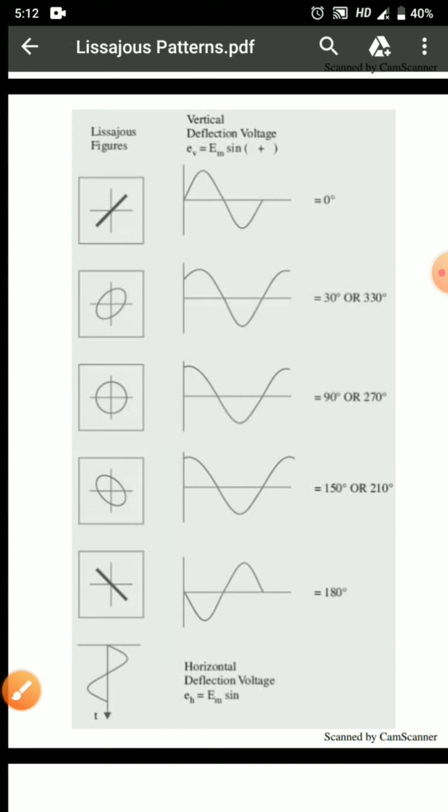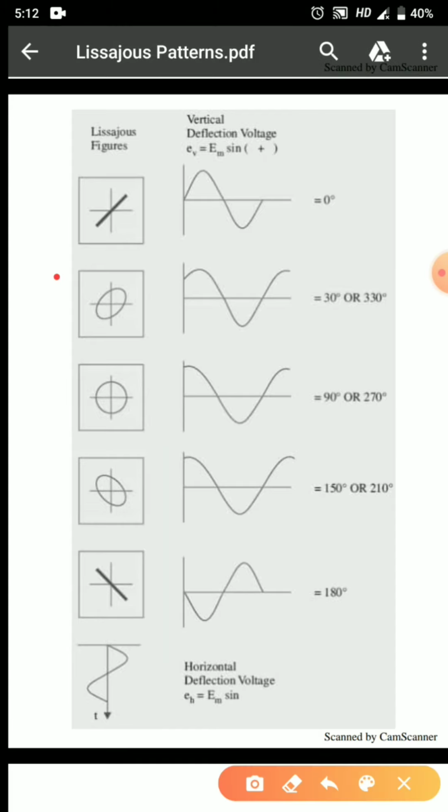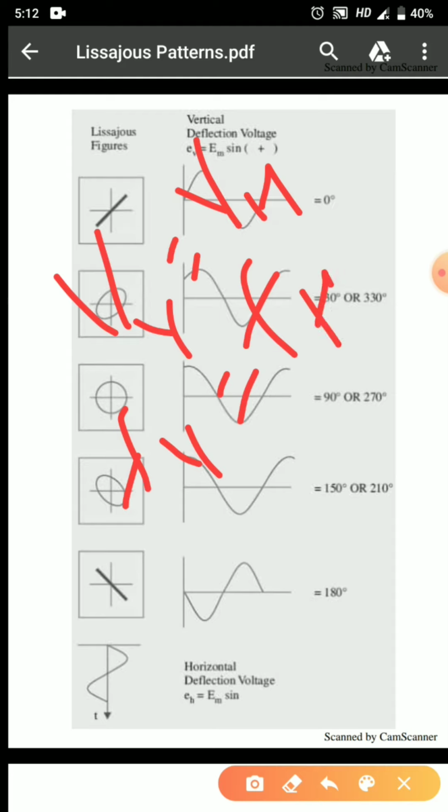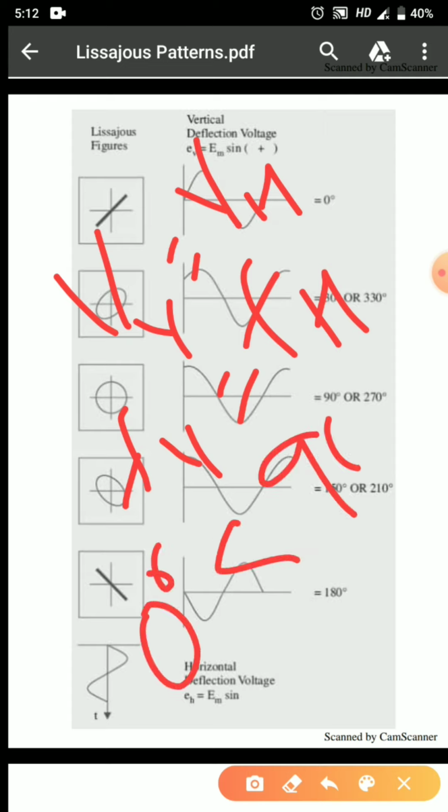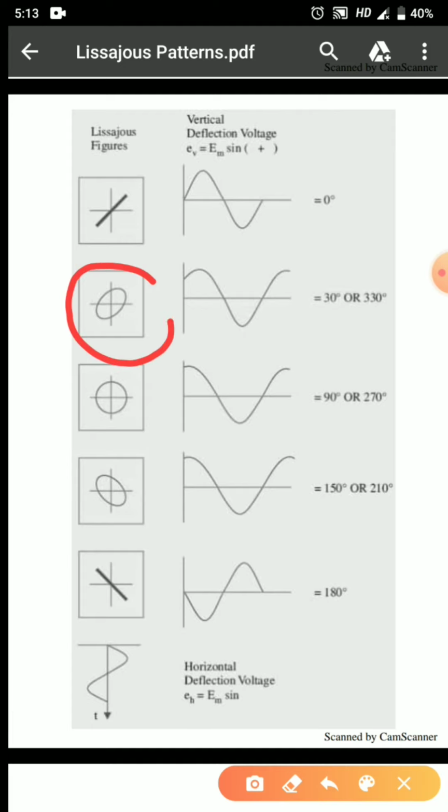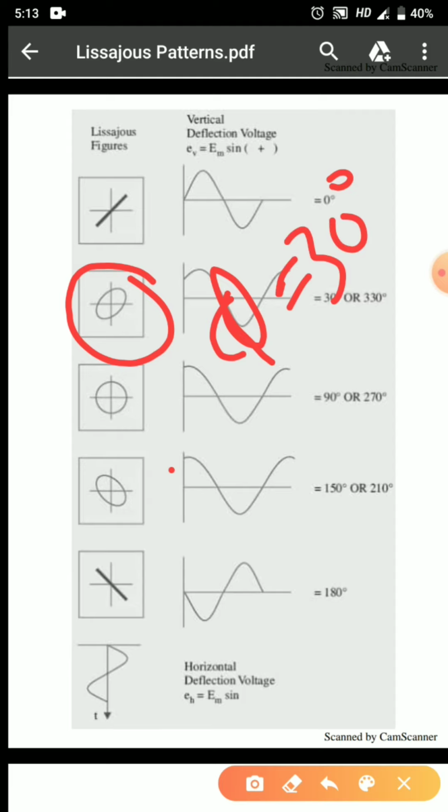Now when there is a phase difference of 90 degree, we will get a circle. The third condition that is possible is that of an ellipse, that is when the two voltages, VV and VH, are equal, and the frequencies of the signals applied to the vertical plate and to the horizontal plate are also equal, and the phase difference is not equal to 0 degree or 90 degree, that is it is a value in between, then we will obtain an ellipse. So here you can clearly see that an ellipse is obtained. Here the angle is equal to 30 degree, that is the angle is not 0 degree or 90 degree, and here also we will be getting an ellipse.